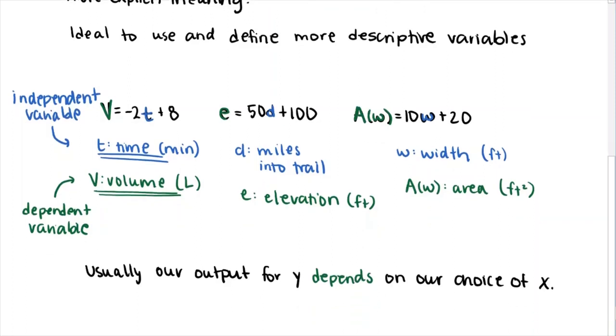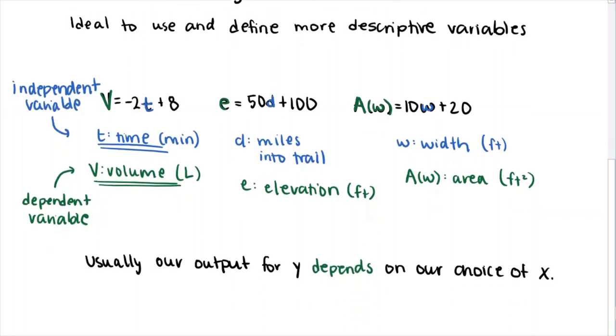This is the case because, when we think about our y is equal to mx plus b equations, usually our outputs, the things we get out for our y values, depend on what we plug in for x. And so we usually think of y as depending on x, so we call y our dependent variable, or in these sorts of equations where we have a variable that takes on the role of y, we call those the dependent variable. So dependent variable, it's the output, kind of like y, and independent variable, it's kind of like